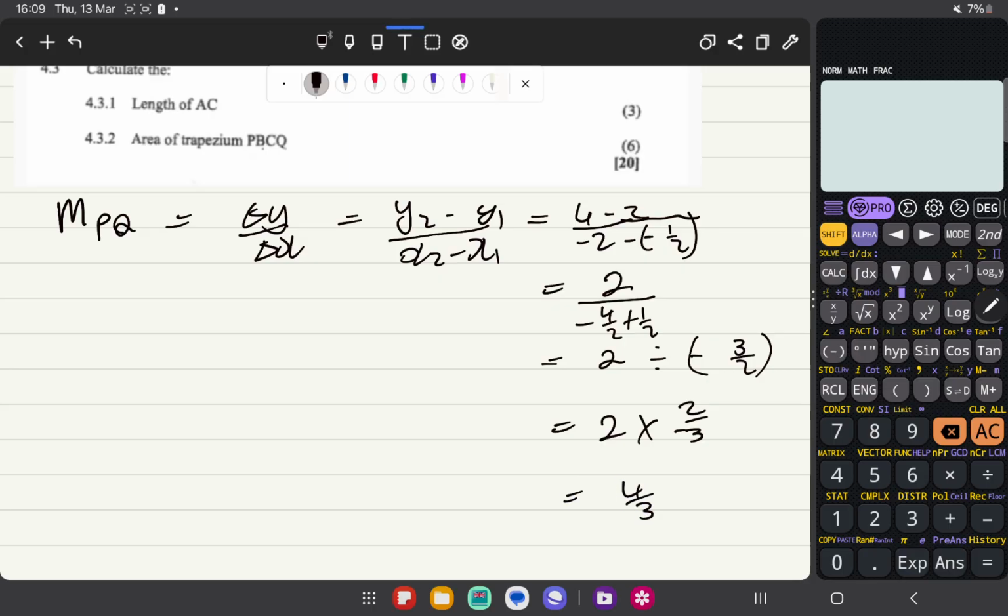Let me just make sure that I'm not cooking you all. So, come on, man. -2 minus -1/2. Oh, I forgot the negative. Yeah, nice. So we have the gradient, and then you can say